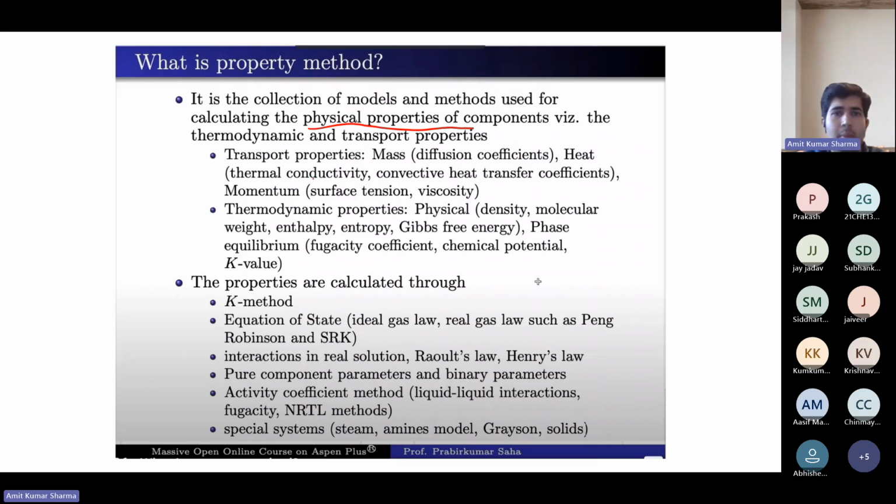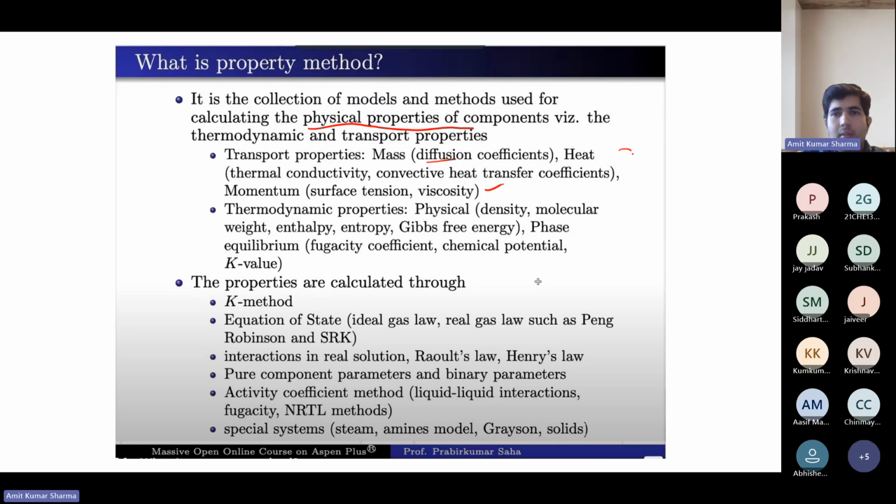Basically, the transport properties are diffusion coefficient, thermal conductivity, convective heat transfer coefficients, momentum, surface tension, and viscosity. Thermodynamic properties cover density, molecular weight, enthalpy, entropy, Gibbs free energy, and phase equilibrium properties like fugacity coefficient, chemical potential, and K value.